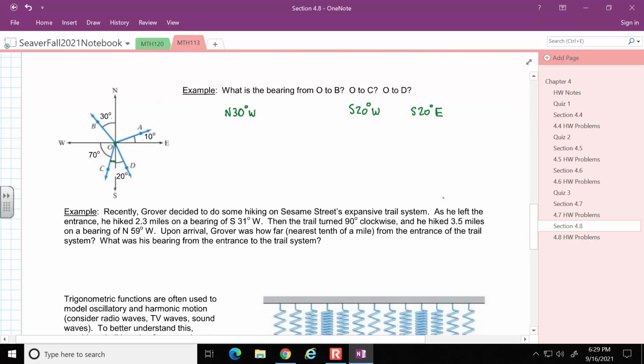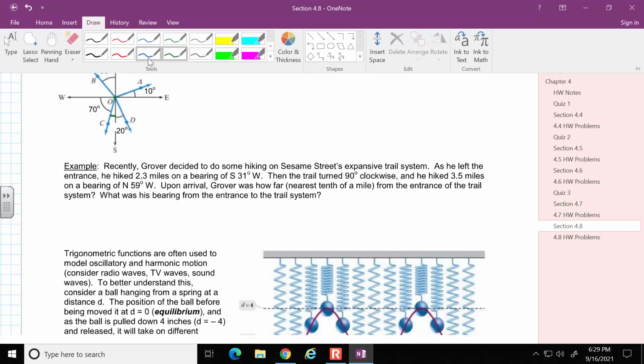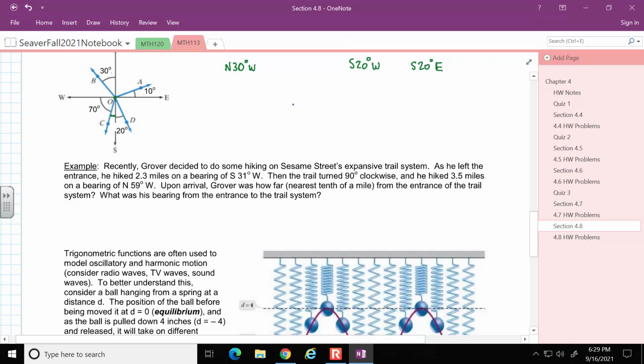This is an interesting problem here, and we may not finish it. We may come back to it on Tuesday. We'll finish some other things. But recently, Grover decided to do some hiking on Sesame Street's expansive trail system. He left the entrance and hiked 2.3 miles on a bearing of south 21 degrees west. So I'm going to sketch this out, or try to. So I'm right here. He goes 2.3, here's his line of bearing, south,